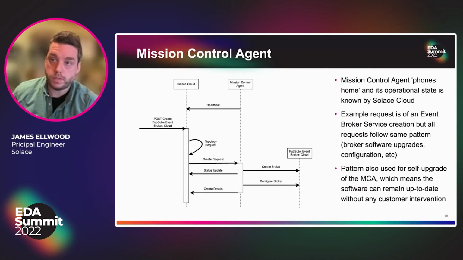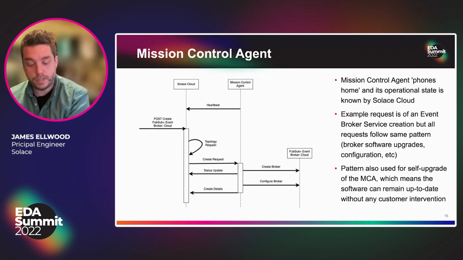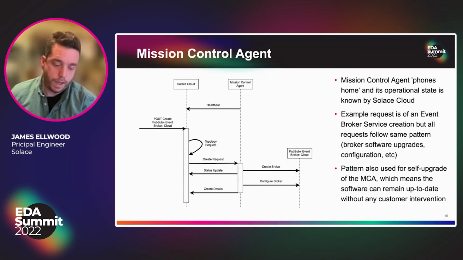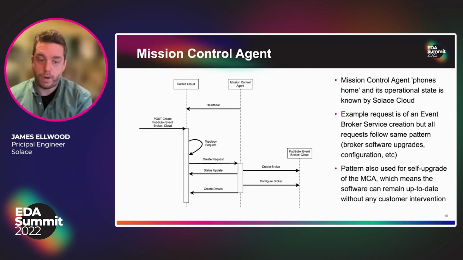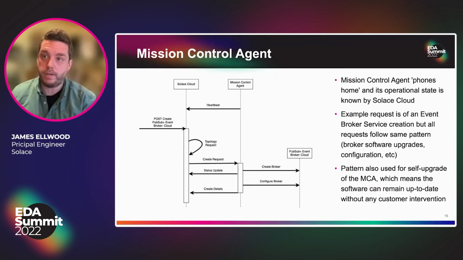Next, the customer goes to the Solace Cloud console, selects what they want to create, and hits go. The REST request spawns a job that's persisted into the database, sends an event, and returns a job ID. Progress can then be monitored by the customer on the Solace Cloud console. The event that was sent is attracted to a queue that processes all requests. This is done so that we don't lose requests, but also so that our request processing microservice can be easily scaled if the volume of requests is beyond a single instance.